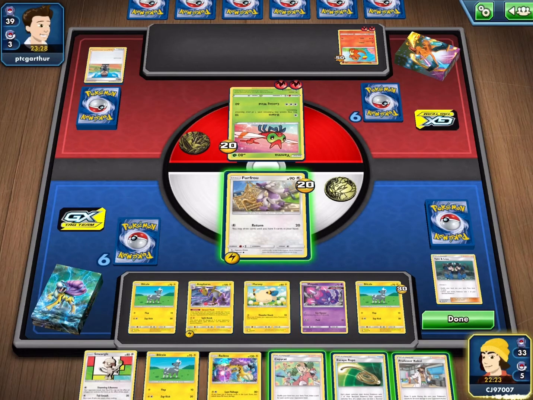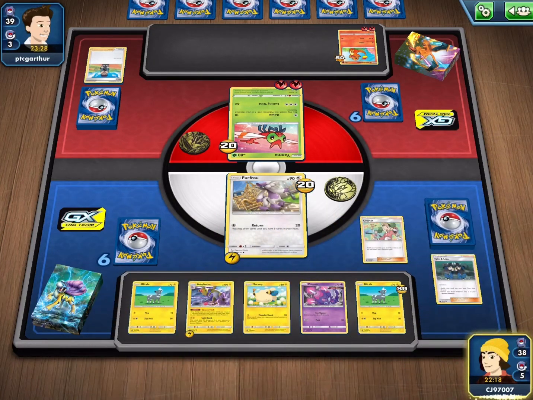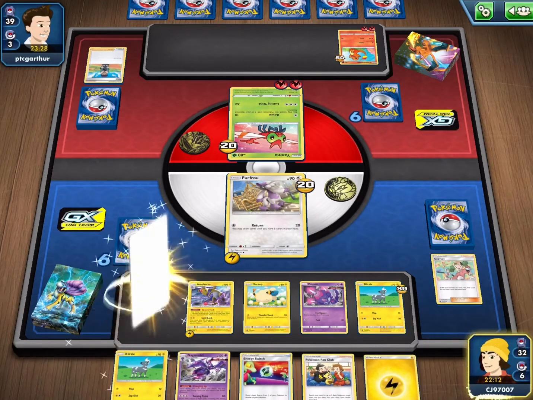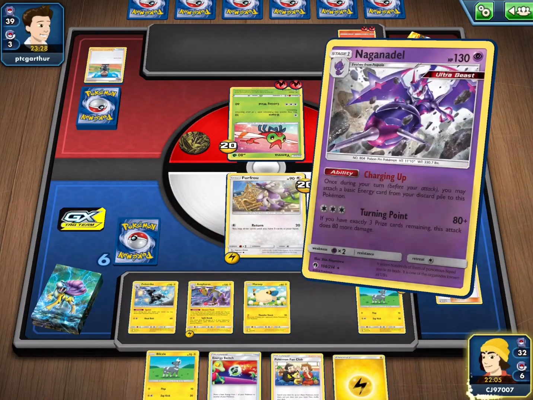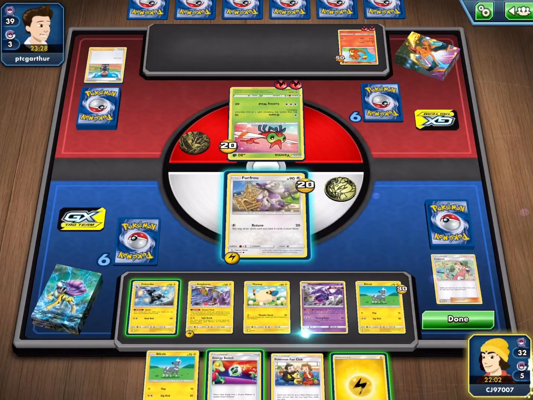I guess we could always go for a Kukui, try and retreat, hit our opponent, but I think we're better off just going for a Copycat, recycling our hand, putting it back into the deck, and we get a much better hand here. This has actually worked out very well, as we have the Naganadel and the Zebstrika to work with. So Naganadel is going to allow us to power itself up nice and easily here, since it does have